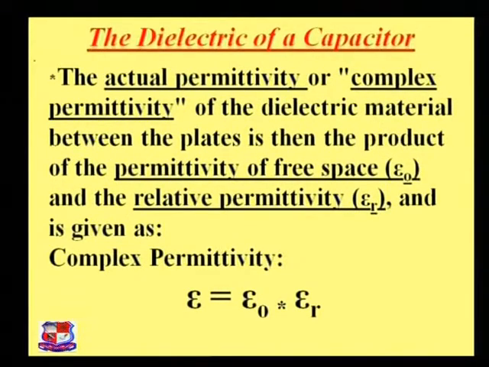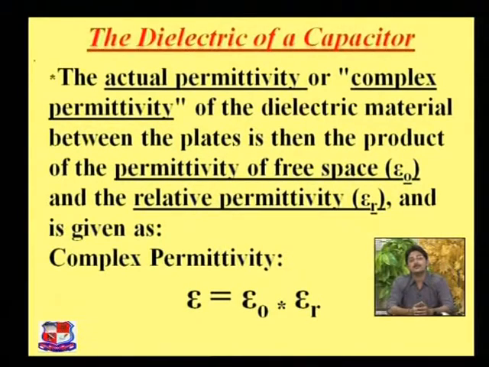As we already discussed, the complex permittivity, epsilon, has the ability to pass or block the electrical charge towards the circuit. It's the material between the plates. If you are aware of the permittivity for air and the relative permittivity, then you can easily find the complex permittivity: epsilon equals epsilon 0 into epsilon r, where epsilon 0 is the permittivity of free space, that is air, and epsilon r is the relative permittivity.